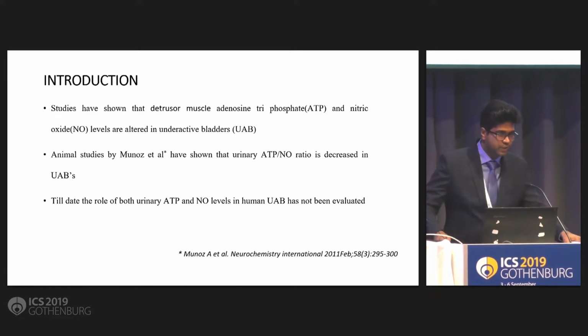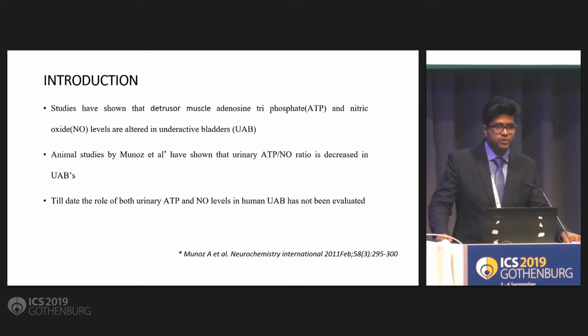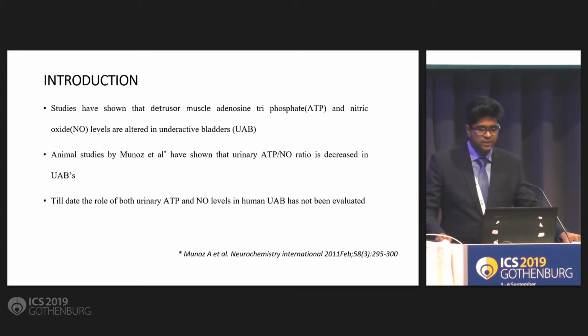Various studies have shown that the detrusor muscle ATP and nitric oxide levels are altered in underactive bladder. Animal studies by Munoz et al. have shown that urinary ATP ratio is decreased in underactive bladder. To date, there are no studies which evaluated the role of both urinary ATP and nitric oxide levels in human